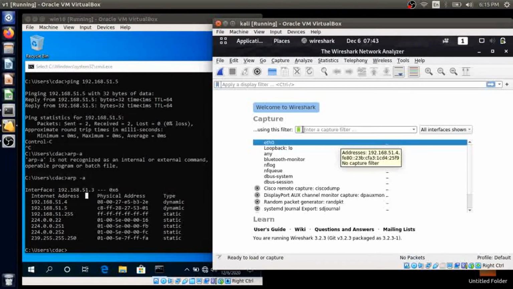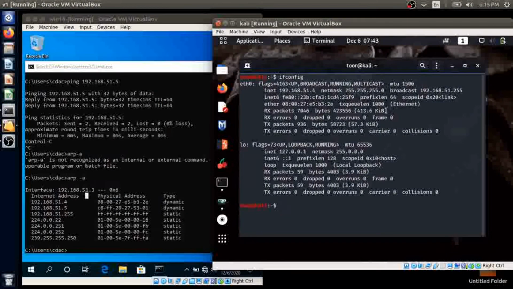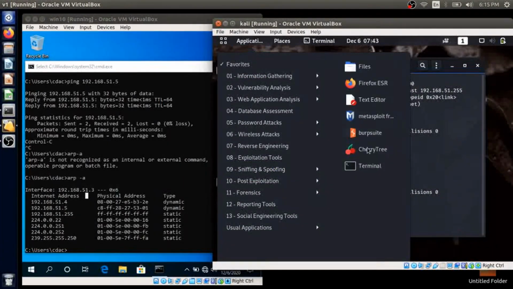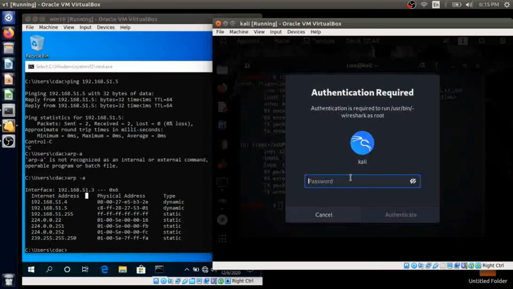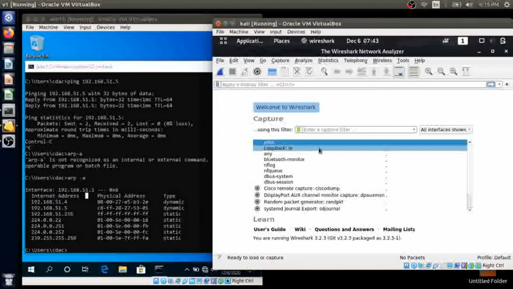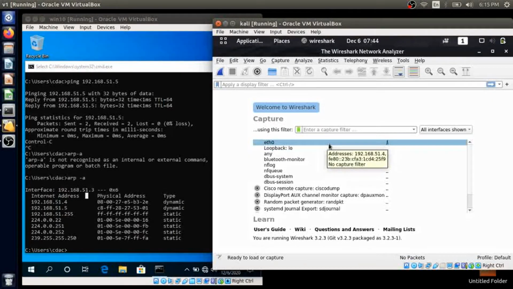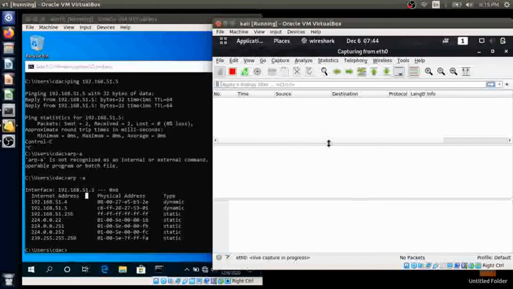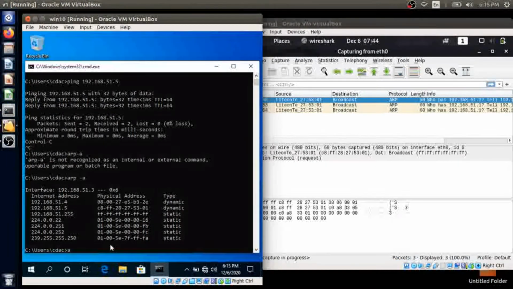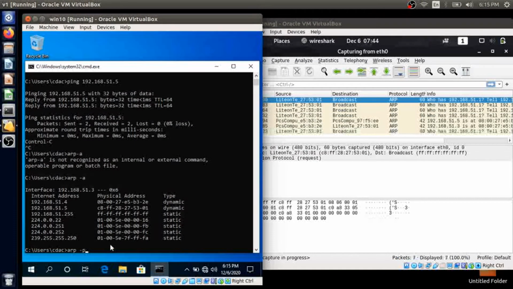We need to open this Wireshark with root permissions. Yes, here it is. We'll observe what's happening in both, and now after spoofing we can observe what's happening on the victim's machine.